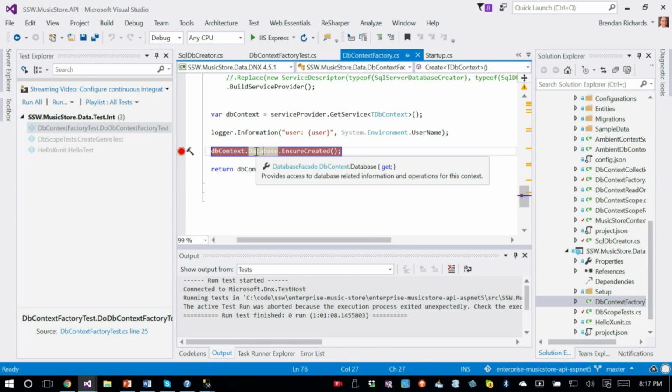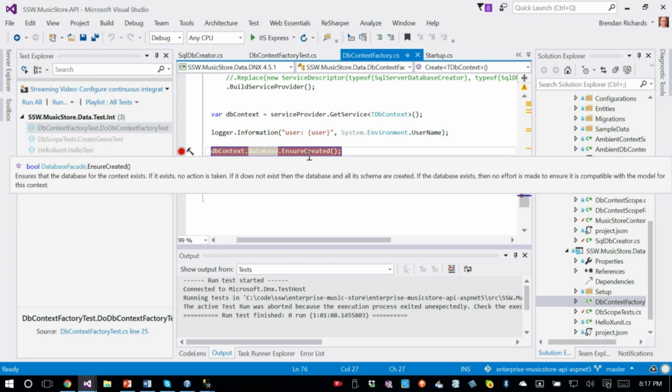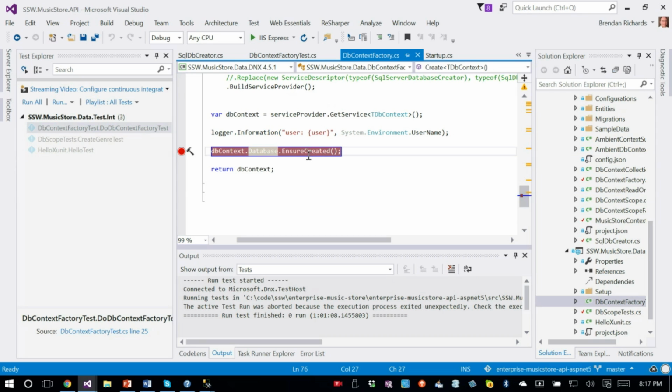So first thing I looked at is here. This object against DbContext is called a DatabaseFacade. Well, that sounds pretty reasonable. So I know what a facade class does. A facade is something that takes a complicated big thing and makes it look like a simple thing when I'm using it. So I can only assume this system plans to have lots of databases. All those different databases could be very complicated and have loads of settings against them. But when it comes to working with the DbContext, it's going to have a very limited set of functions. And one of those functions it has is this EnsureCreated function. So no matter what database it is, that's the way you're going to use to actually ensure this database is set up and created.